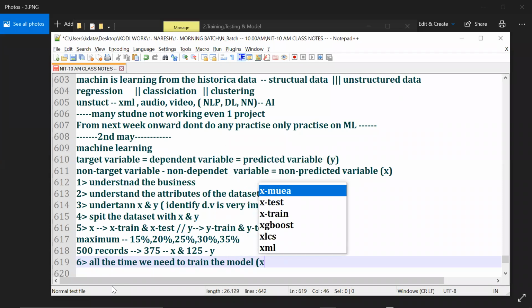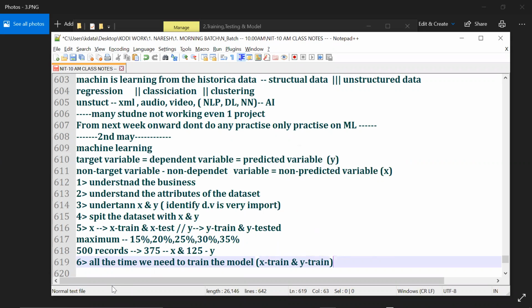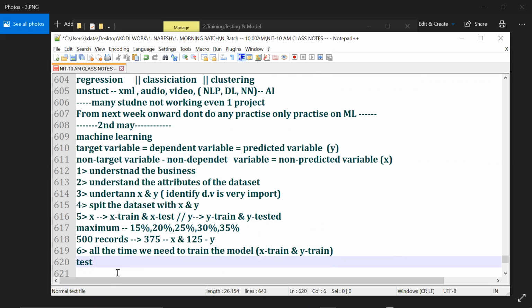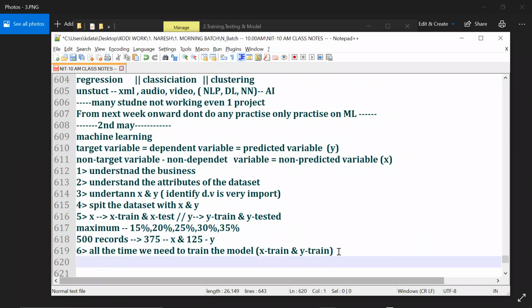Train means X train and Y train, and never use test here, guys. Understand? Test we use for validation, meaning checking. So after I feed X train and Y train, the model is ready. Let's say the M1 model.